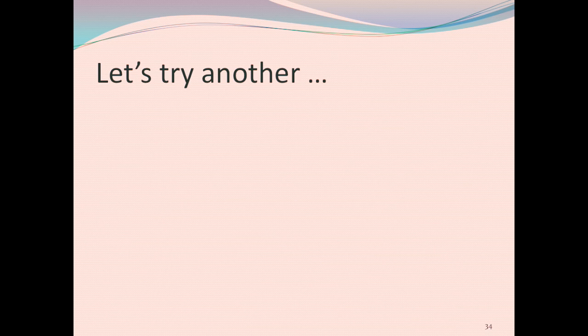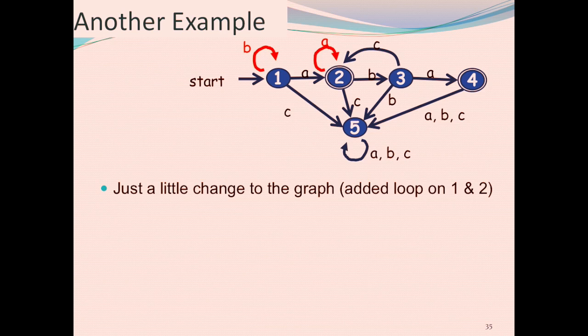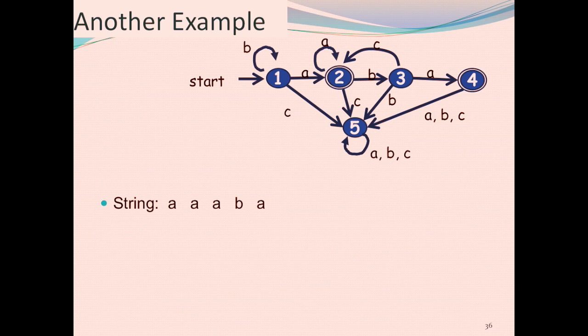Okay, that was easy. Let's do it again. I changed my graph slightly because I wanted to show you some things, so it doesn't really matter. I'm just using a different DFA. The DFA still has 5 states, but I just wanted to show you how I changed it a little bit. Okay, so here's my string,